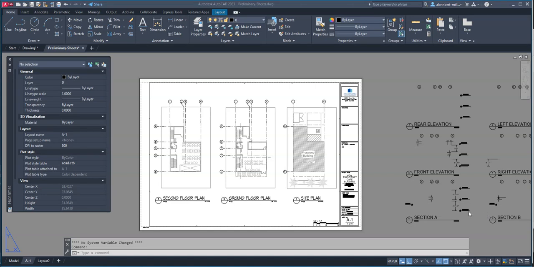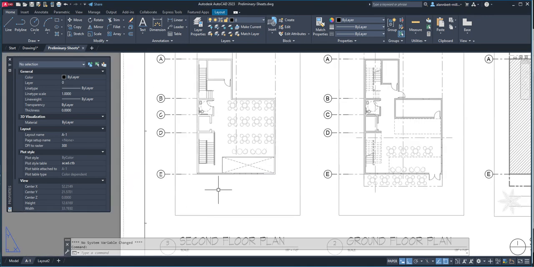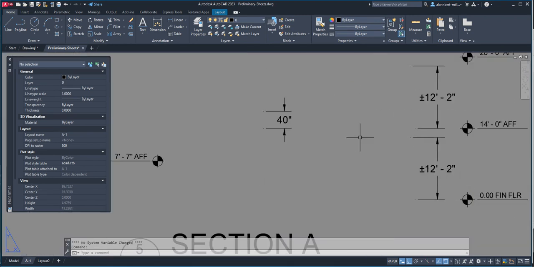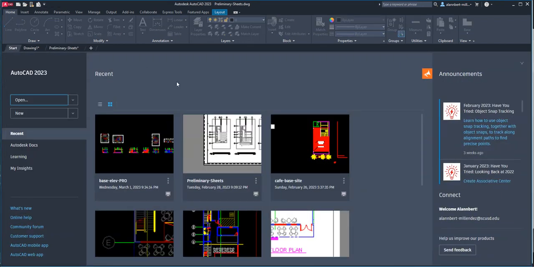Hello, the purpose of this video is to explain how to customize your dimension style. So we're going to add dimensions on our floor plan, but before we do that, we know that we imported this title block, which includes dimensions from our elevation sections. So let's go ahead and open that elevation section, which in my case is called